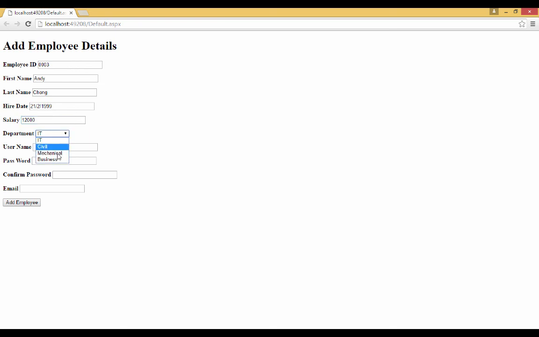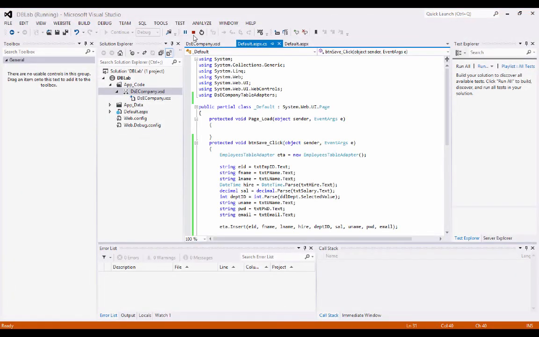So the department I'm going to choose is mechanical, username, password. So I just put PASS1234 and PASS1234, and email is andy@mycompany.org,